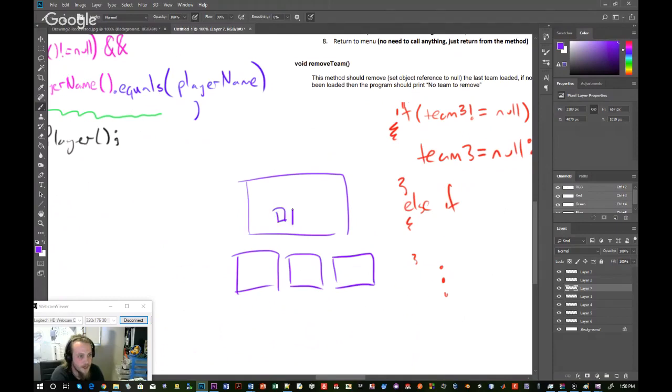Okay. And we've got that here. Now, what happens when we call search team is it returns one of these three addresses or null. So if it returns this address here, we can get all the information here, but I don't know that it's